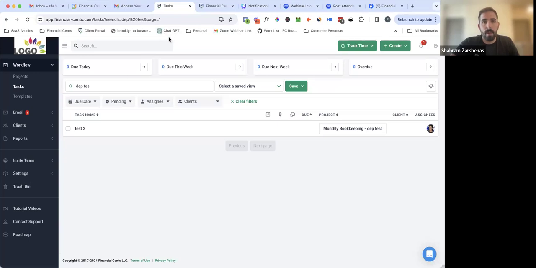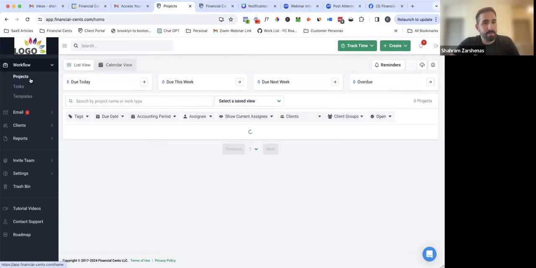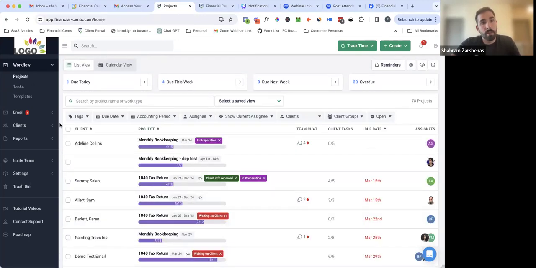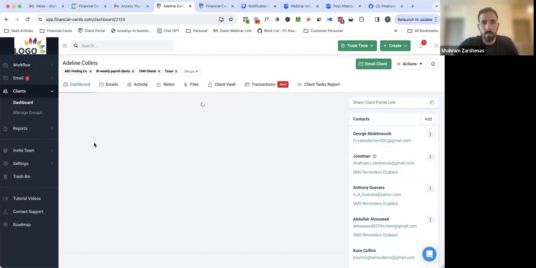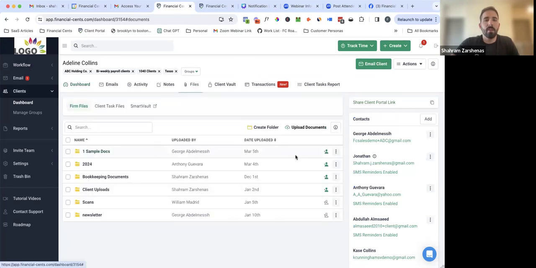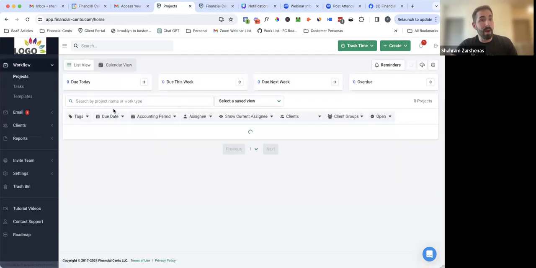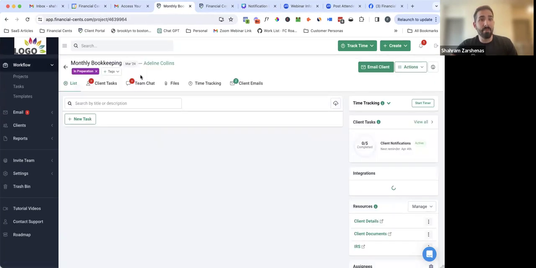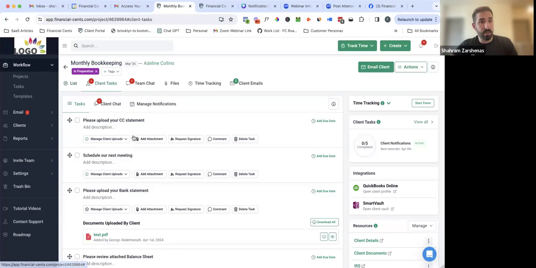Okay, so let's go into the next update. This was a big one. So what we found, if you are using Adobe Sign e-signature integration with our system, I'll show you two things. So if you have documents stored on the client's profile, now you can request e-signatures from this view. So before, to request an e-signature, you would have to do it on a project with a client